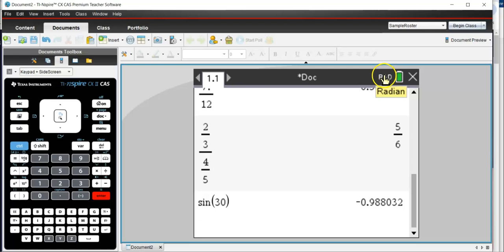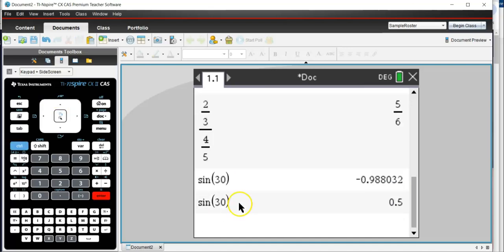So one way is to change it to degree by clicking up there at the top. You use your touchpad like a swipe. You swipe up on the touchpad like a laptop touchpad, and your cursor goes up here and you click. And now when I copy and paste, mouse up 2 times and press Enter, it'll give me the correct answer of that. Now, if I'm in the wrong mode, let's say I'm back in radian mode,